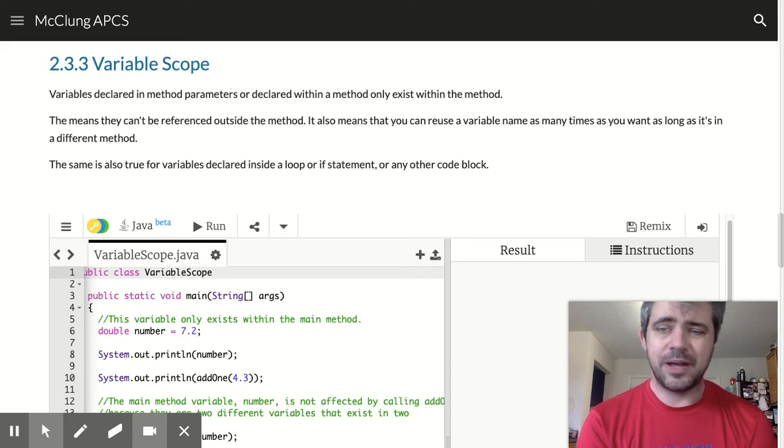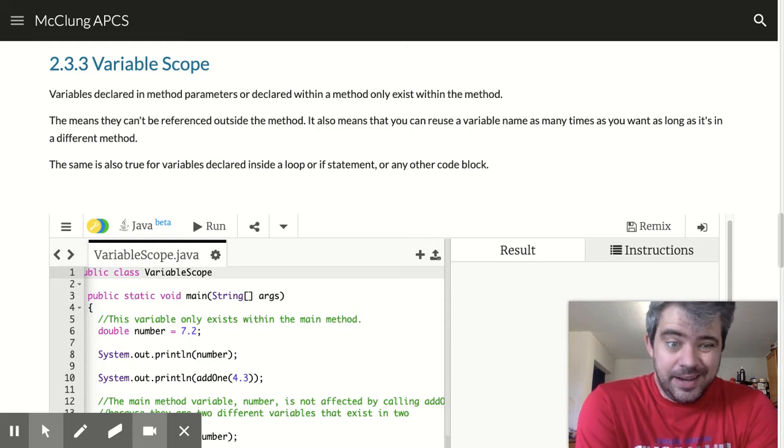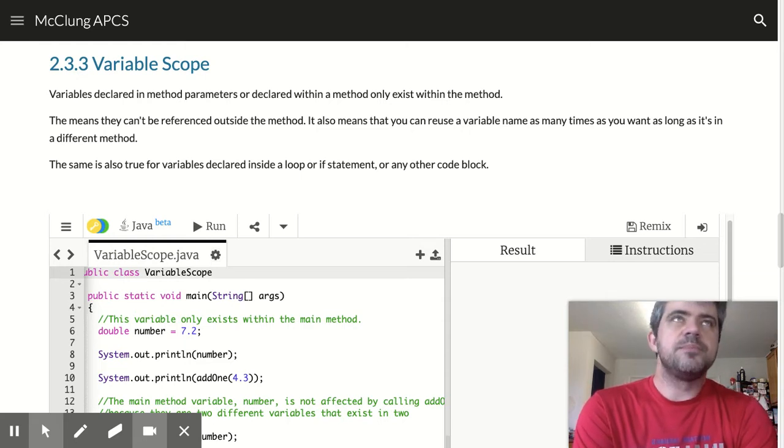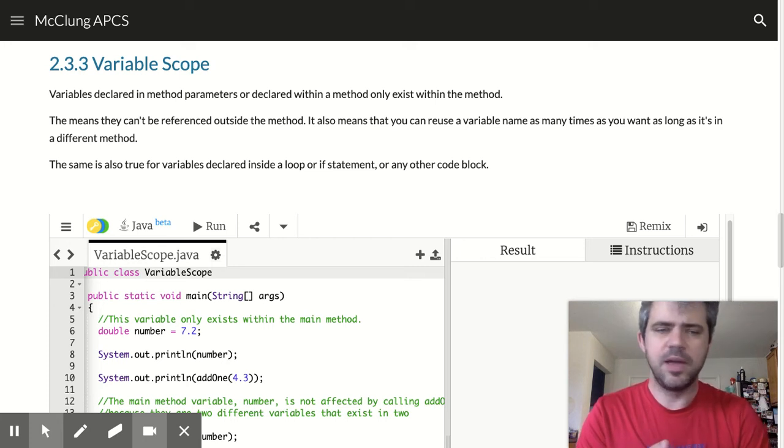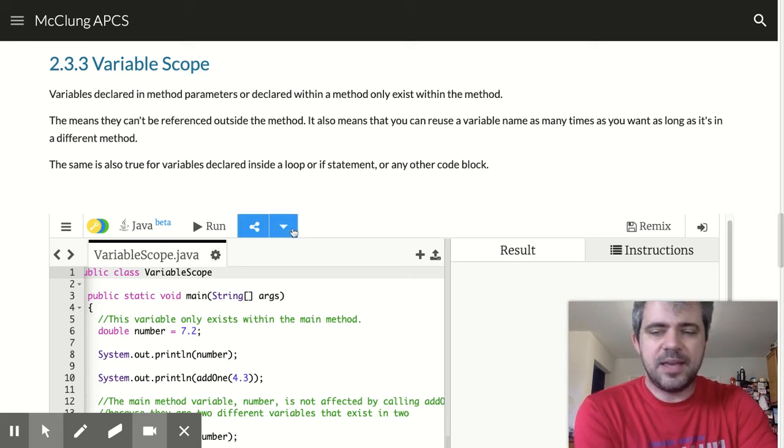All right, let's talk a little bit about variable scope. Now, this is not a very exciting topic, but it's important when you're looking at a program to know what the scope of a variable is. Now, what that means is